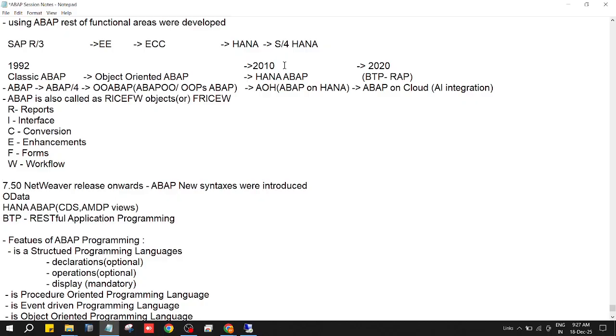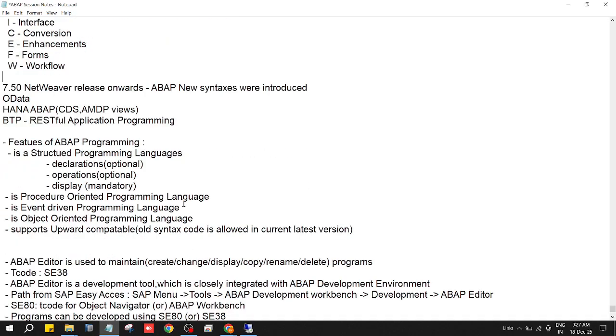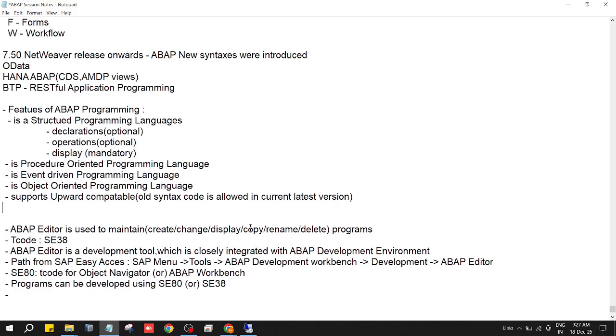Okay, we will continue this journey. Right, coming back to where we stopped. Yes, this is your programming features. So in programming, ABAP is a